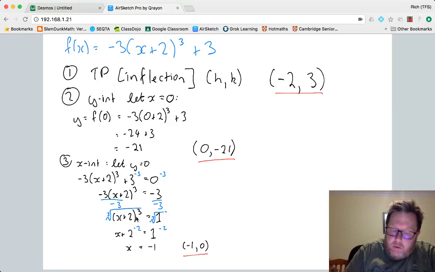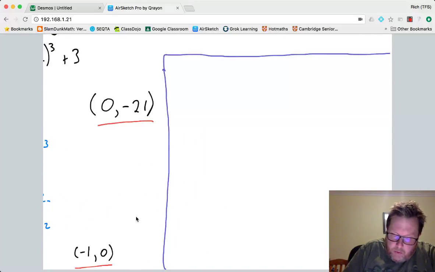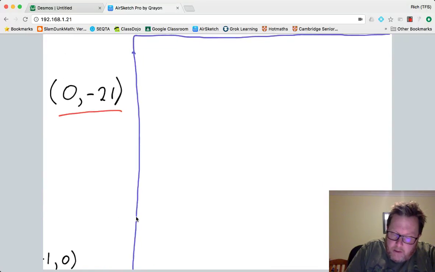Now, just to keep it all on the same page, I might even just square off here. It's going to be a bit tiny, but we'll survive. And we'll zoom up into this area. And I'm going to draw my graph. Now, I know I need to go all the way down to minus 21, but I don't have to go that high up. So I think I might just draw my axes